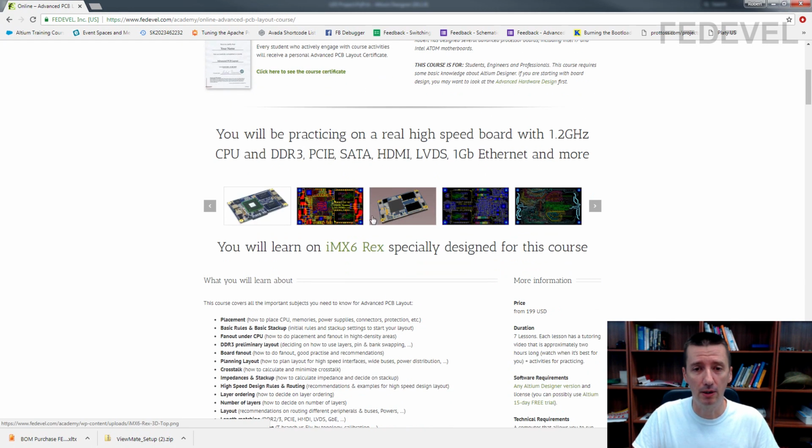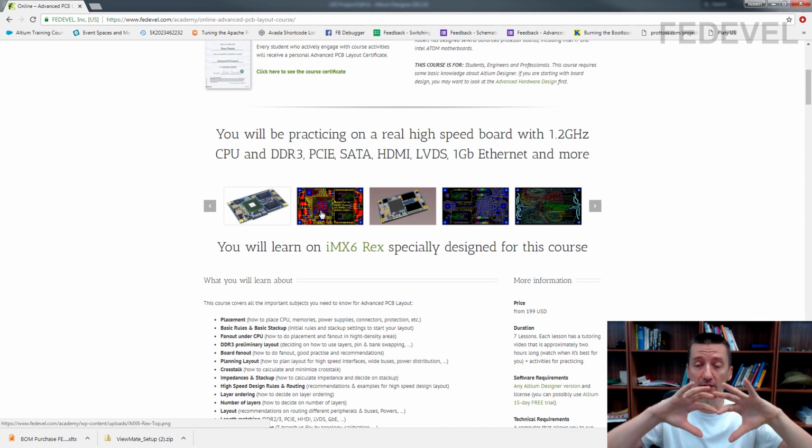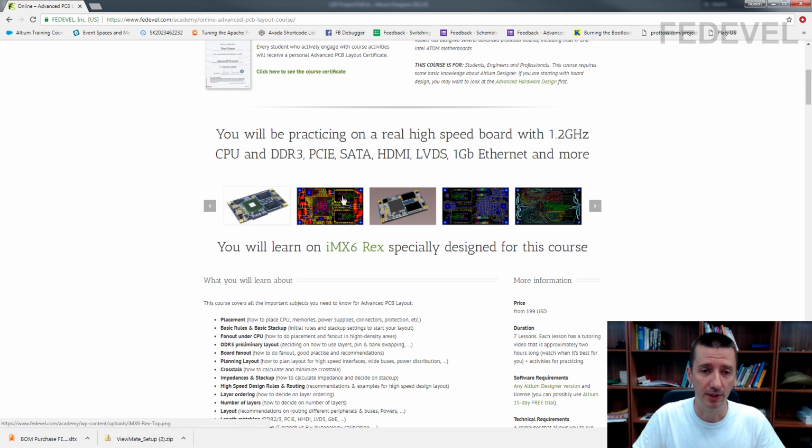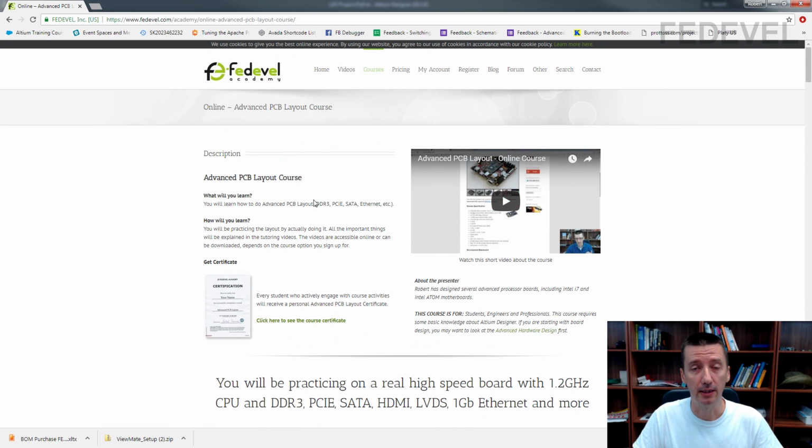You will be working with a much more complex board with like 12 layers, and you will be doing, I don't know, decoupling capacitor placement under BGA. You will be doing fan out from this BGA. So you will learn a lot of things which will help you to design really complex boards.